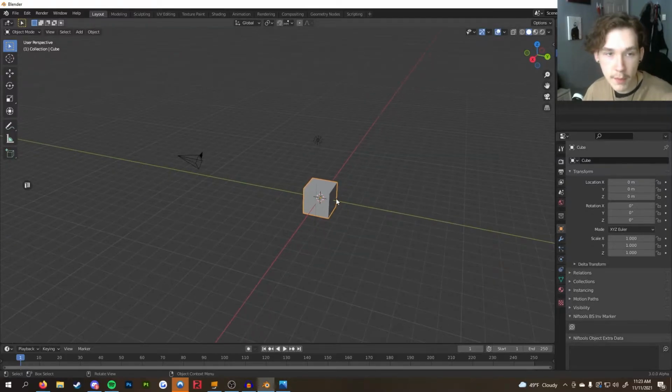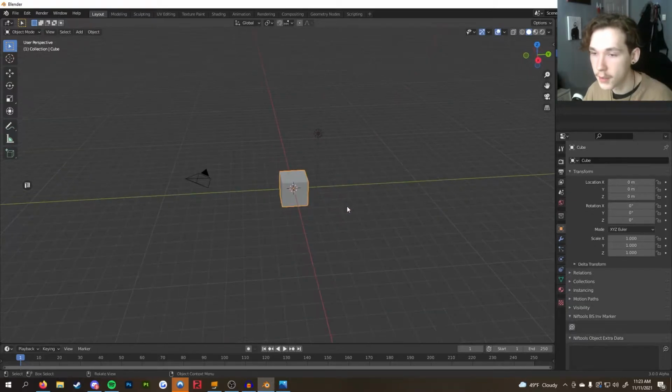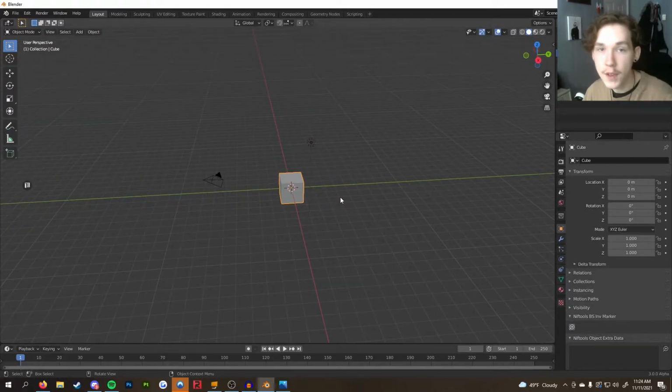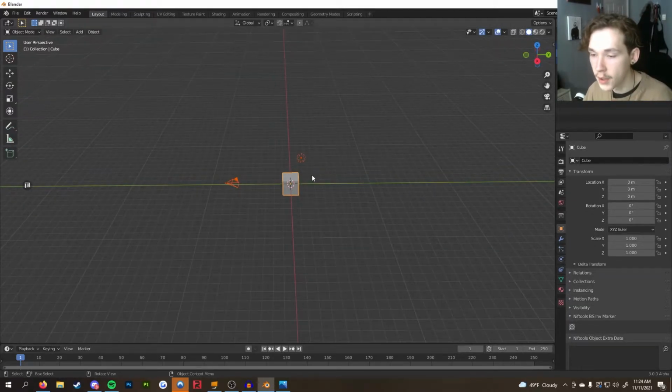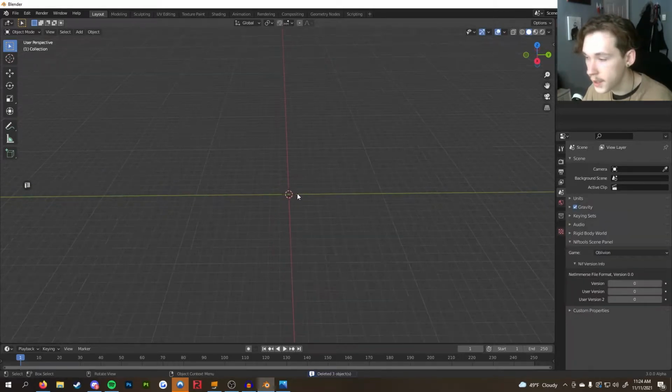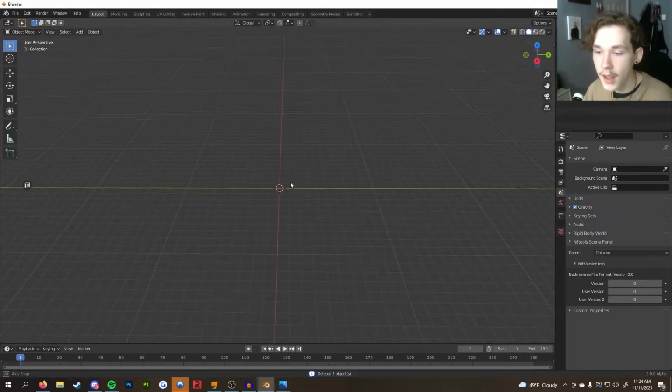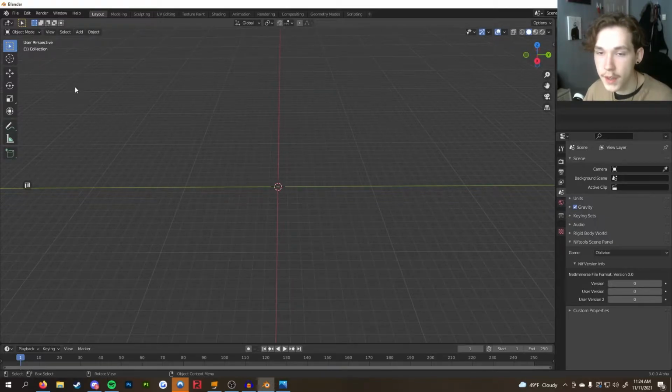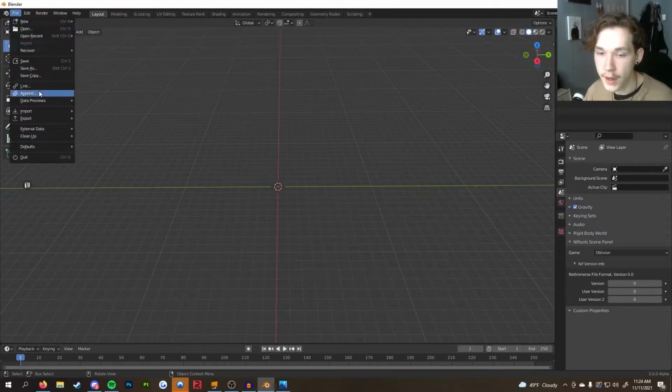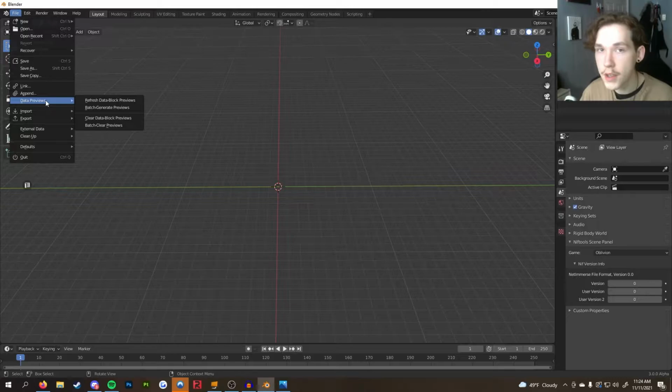Alright, so I have the reference pulled up on my second monitor here, so that's just going to be simple for me. You can have it pulled up wherever. So the first thing we're going to need to do is delete all that garbage, because we don't need it. And then we are going to import our NIF file. So the NIF file that you grabbed from earlier,